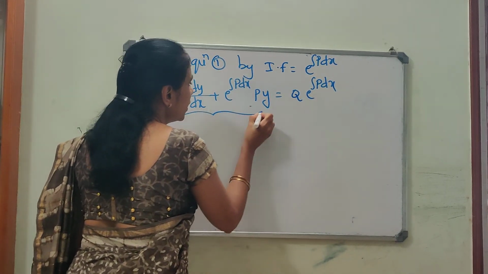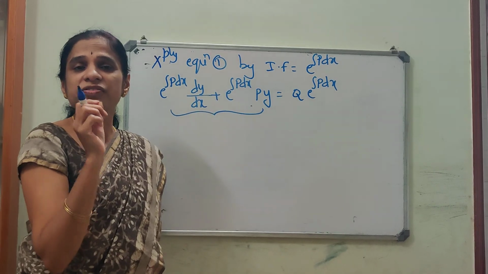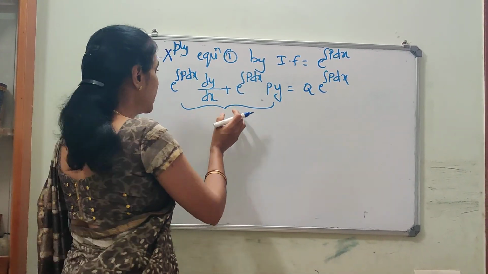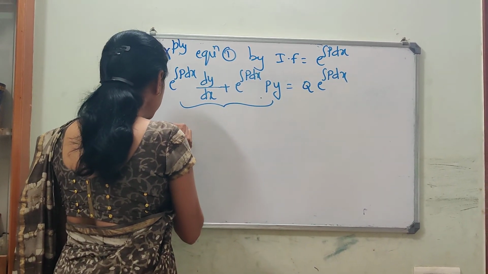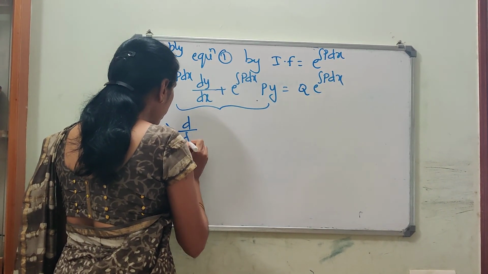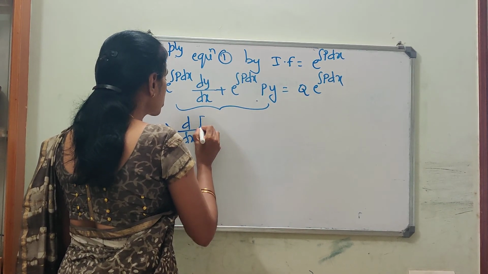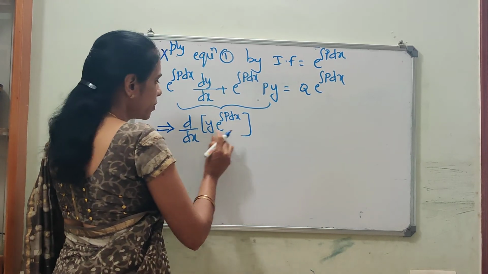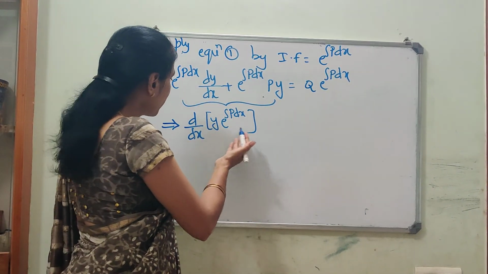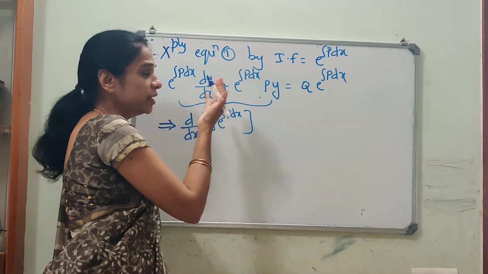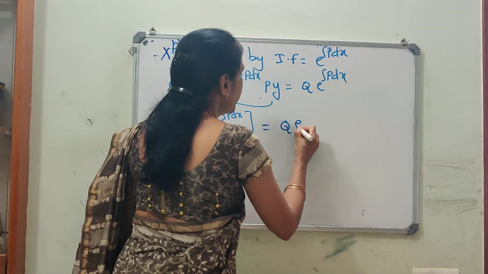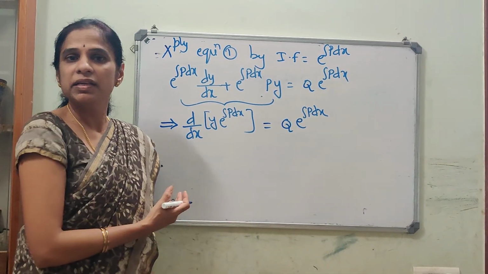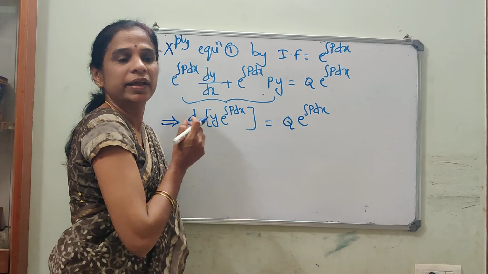And you can see that our m of x was such that it satisfies d by dx of y into m of x, the LHS of the given equation. Therefore, this is nothing but the product rule of d by dx of y into e to the power integration p dx. You just apply the product rule here, you are going to get such a term, which is equal to q e to the power integration p dx. And can we not integrate it easily now? Simply integrate, you will be getting the solution.